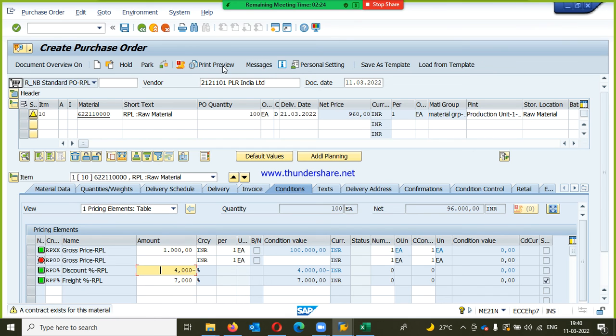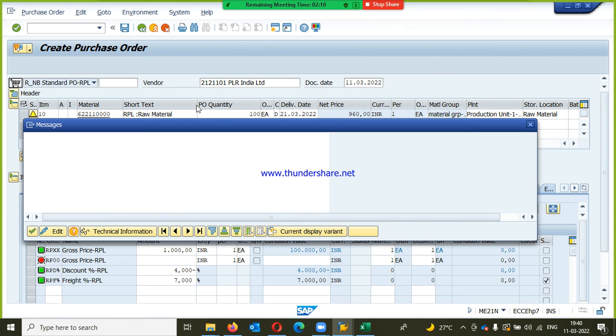So I am going to purchase this material with this vendor. These are the percentage of discount. This is the percentage of freight. The system will pick automatically. Click on save. That is the advantage of